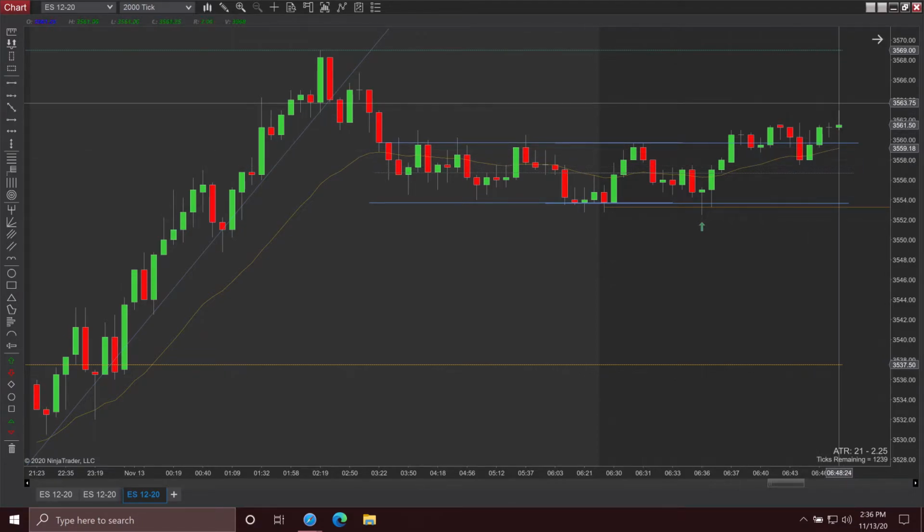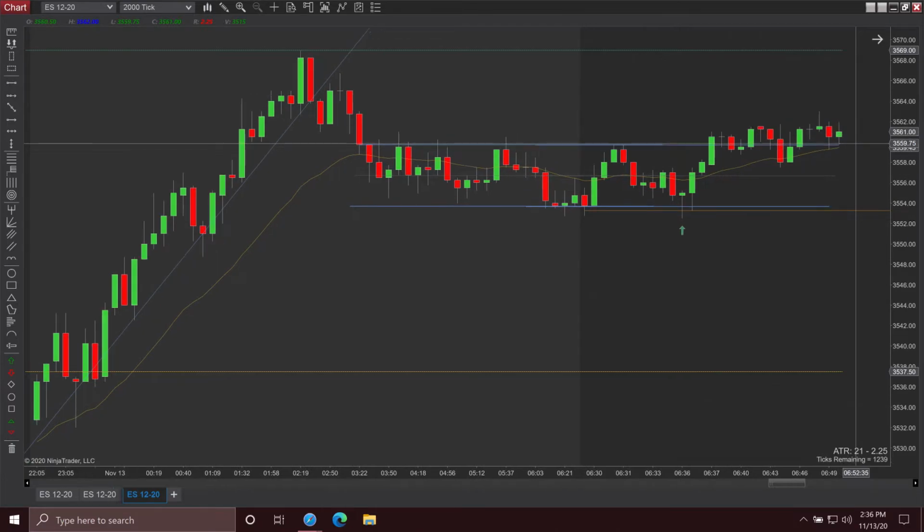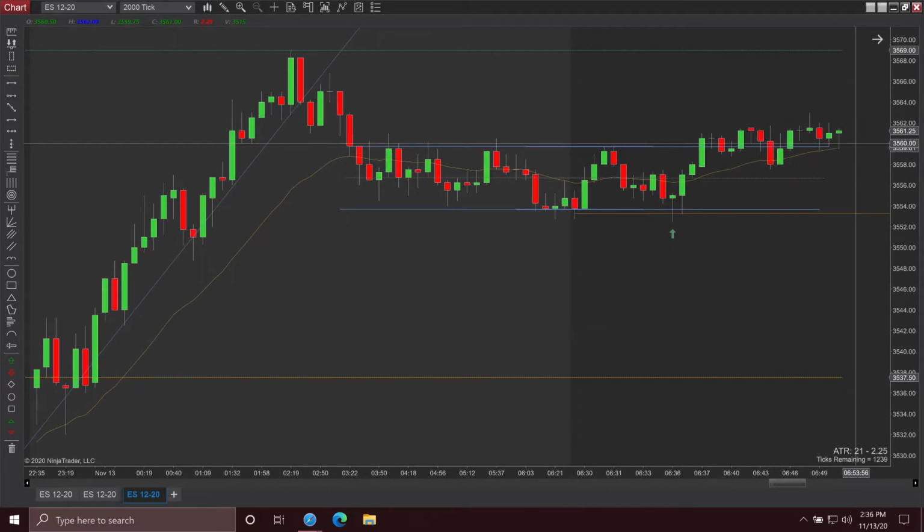We get a breakout side. Let's see if we get any setups from there. I don't want to go long yet. It's too early to go long. You can see we're still kind of just going sideways. You might want to